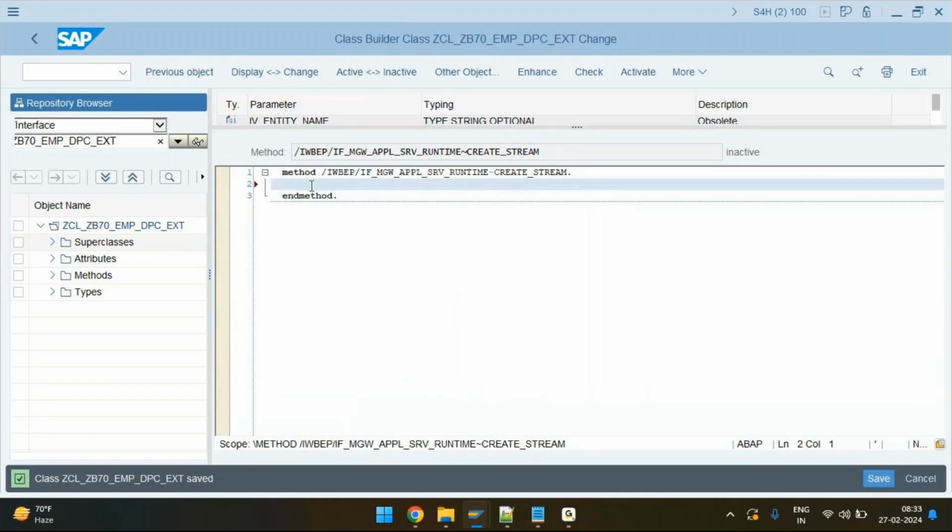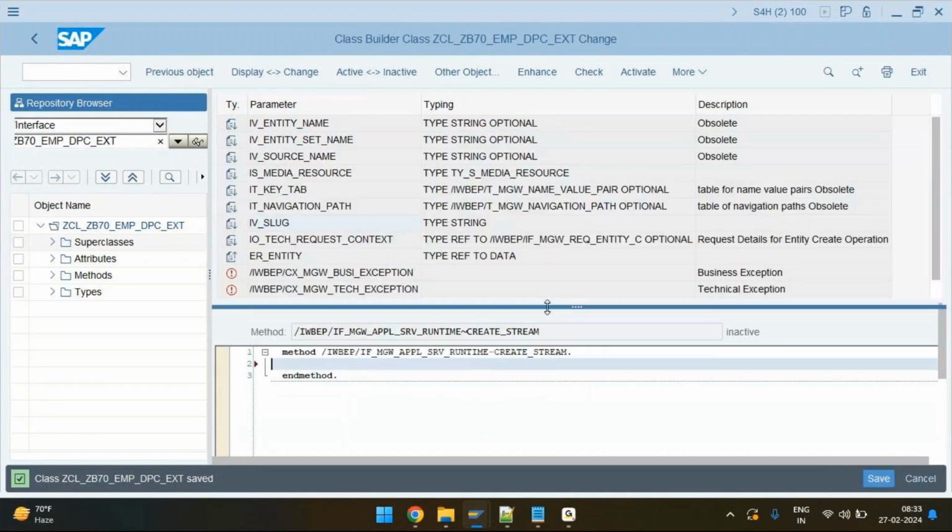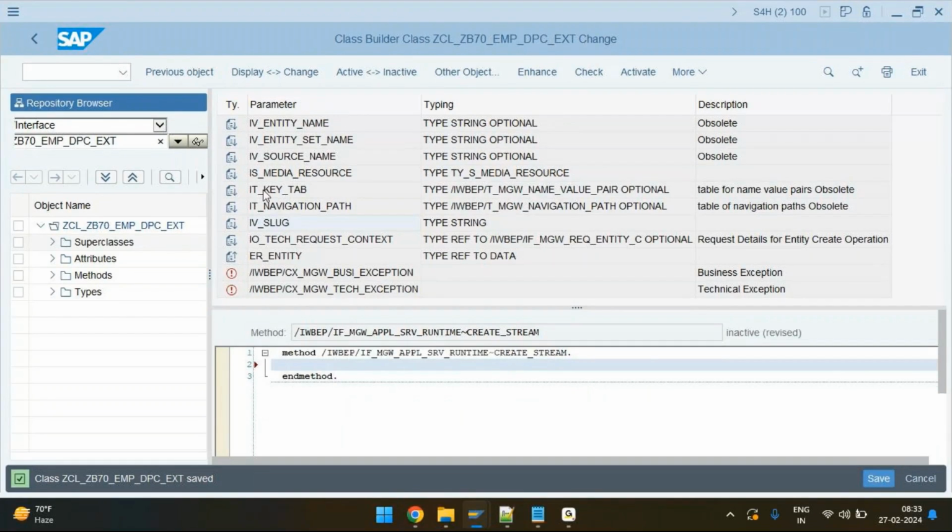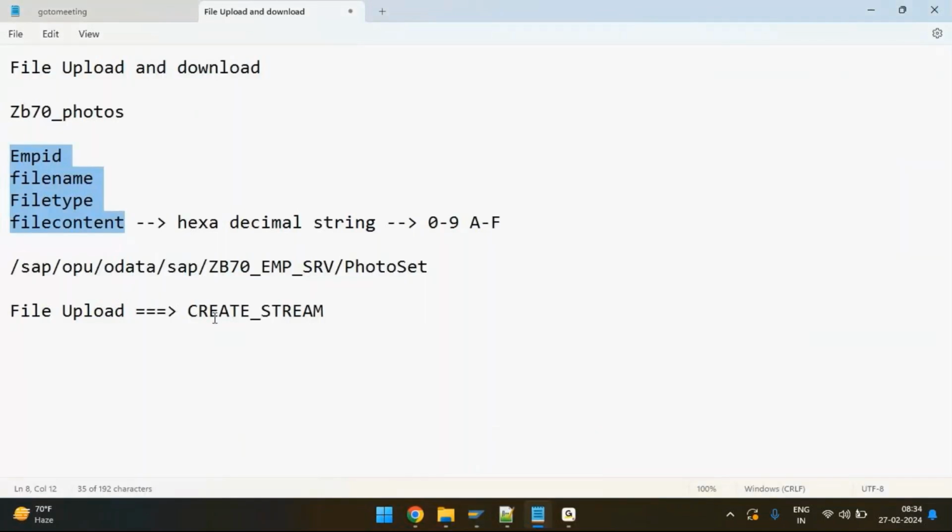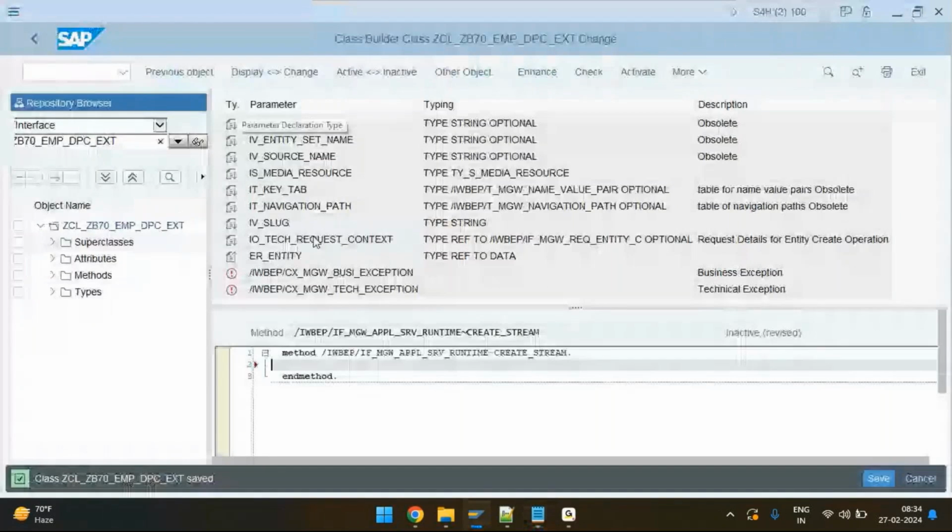All right. Now let's come to the bottom and see, is there any IO data provider here? No, there is no IO data provider. So why is there no IO data provider? The IO data provider can read only the JSON plain data, not your media related contents. So when the IO data provider is not there, then